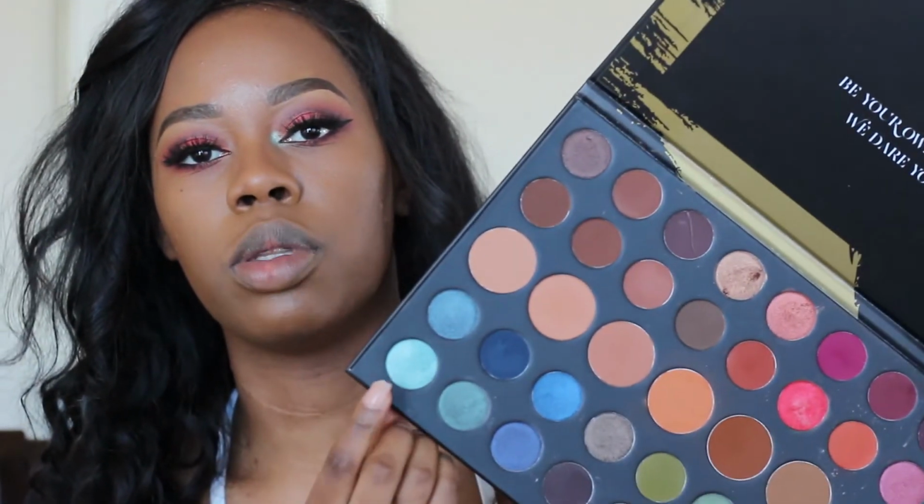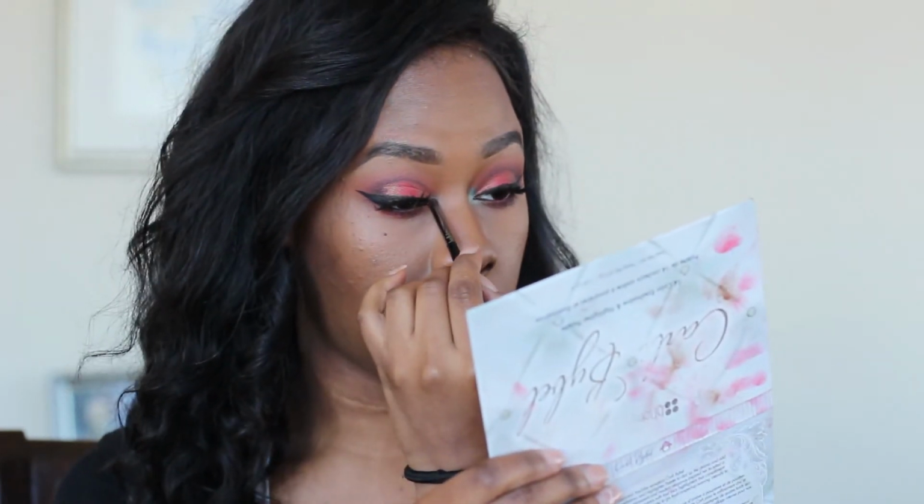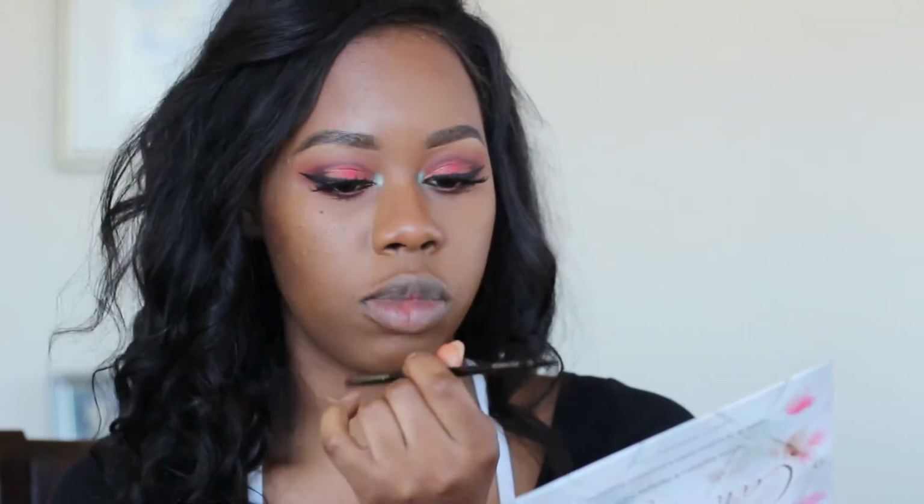So I'm gonna put this blue shade in my inner corner. I think this really gives the look a really nice pop of color, and I love the way it looks. So that's what I'm going to do. And I'm using a...